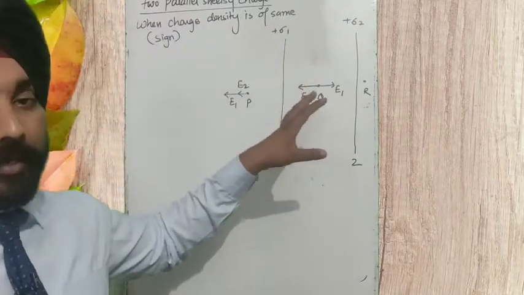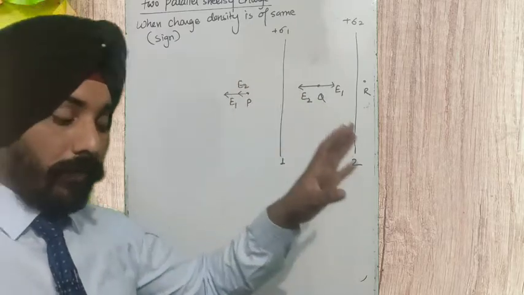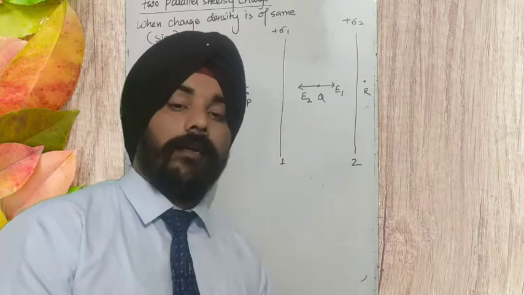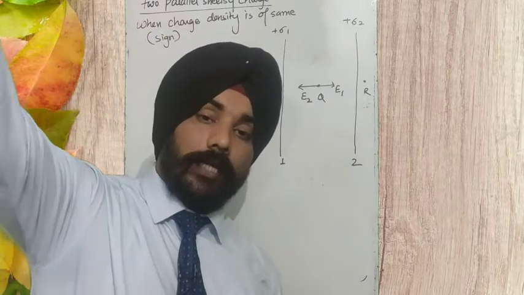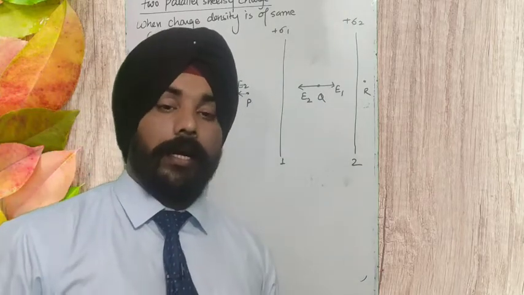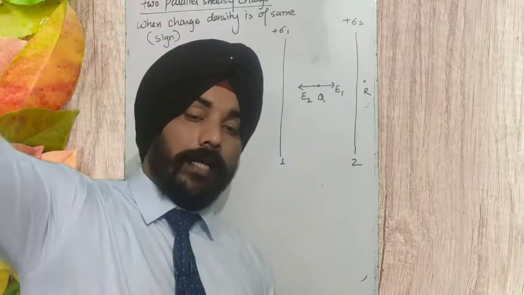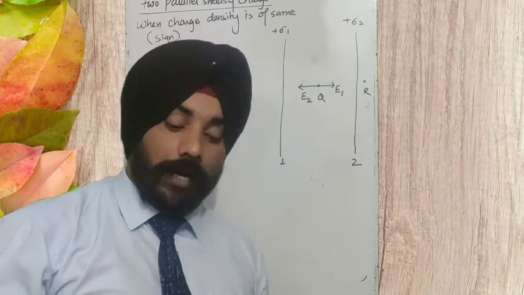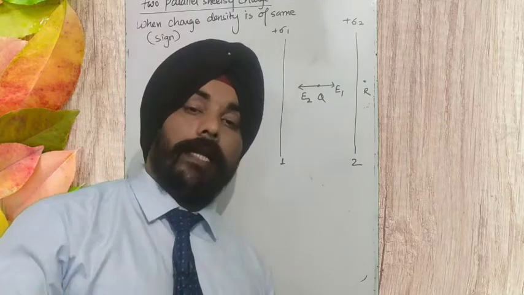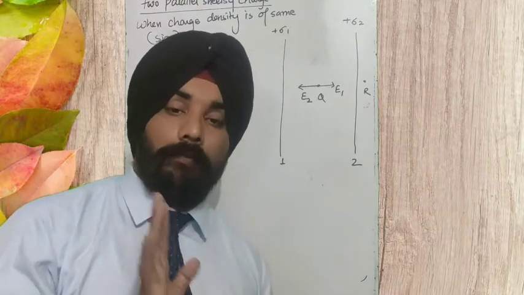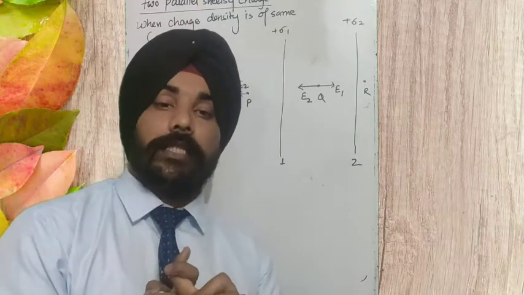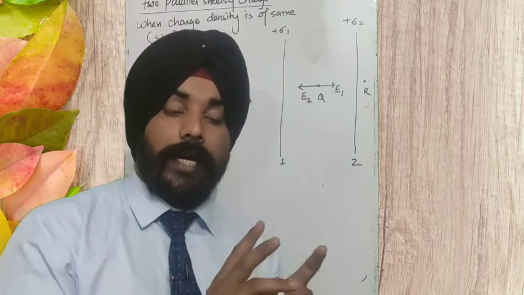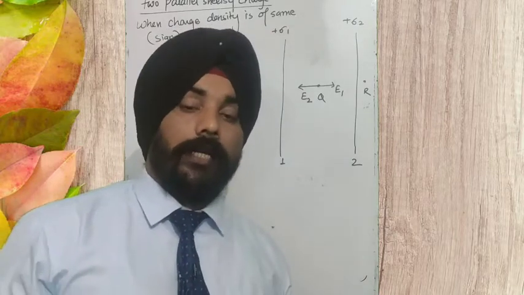So what realization was done? I told you for the positive charge, electric field lines always start from the positive charge and terminate at infinity. And for the negative charge, they start from infinity and terminate at the negative charge. And they always originate perpendicularly, they always terminate perpendicularly. They are not going to cross each other. So these properties you have to keep in mind when you are drawing any kind of figure for electric field intensity.